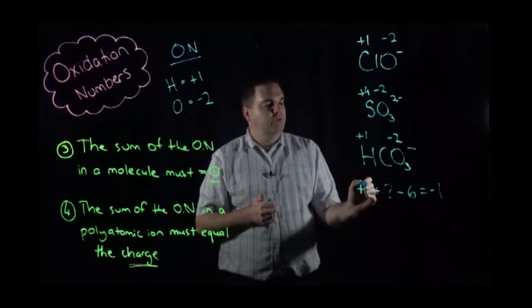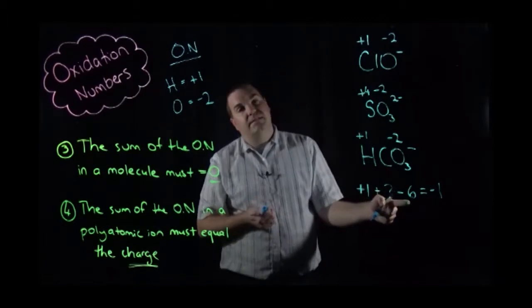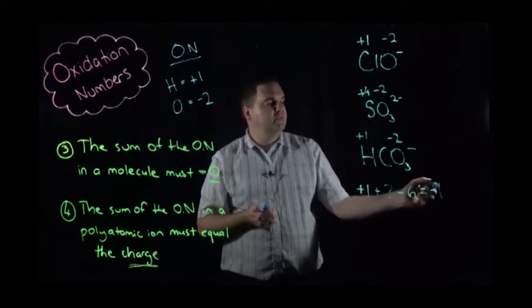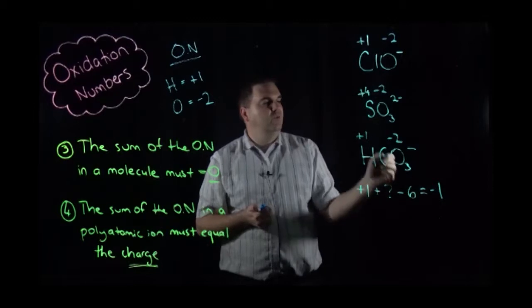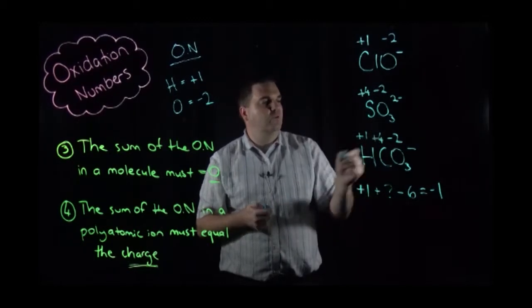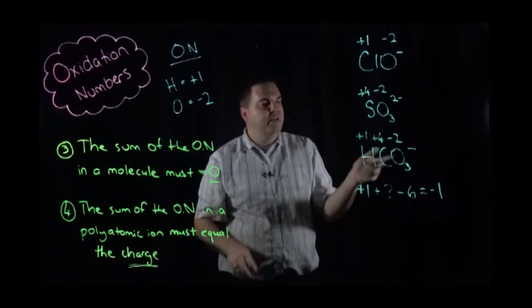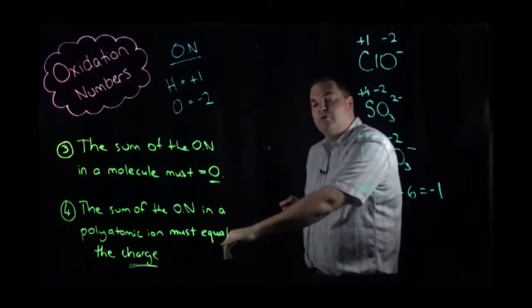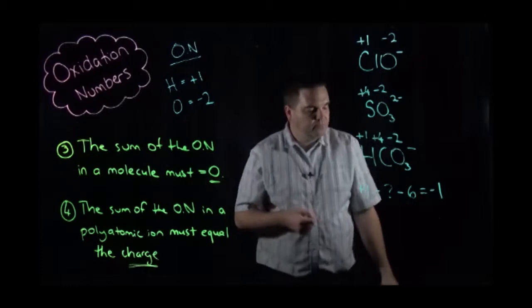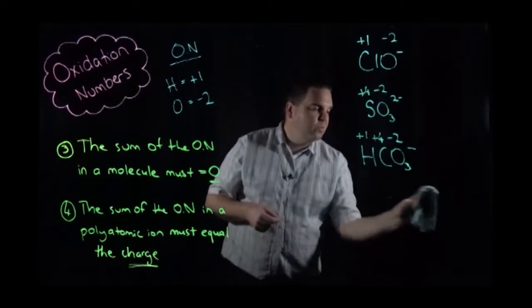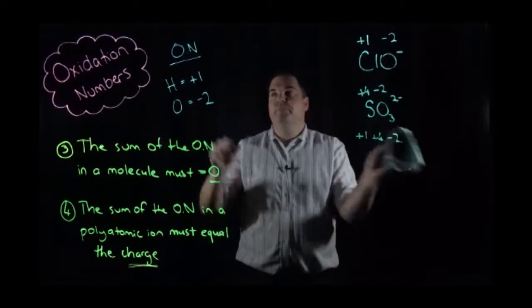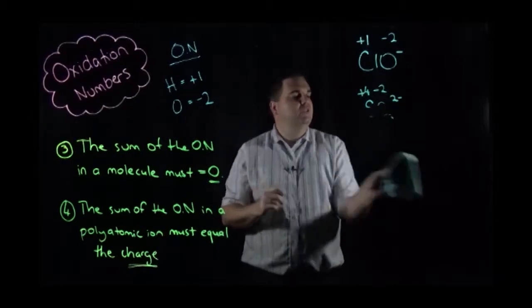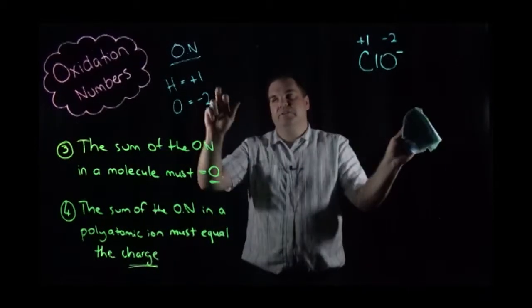So we've got 1 minus 6 is -5, and we need to add something to it to get to -1. Well, the answer to that is going to be +4 for our carbon. And so that's how we work out the oxidation number for the polyatomic ions, where they must equal the charge. So the easiest thing you can do is just remember that hydrogen and oxygen are always +1 and